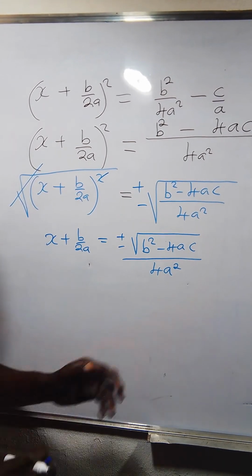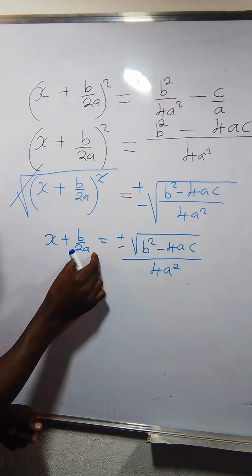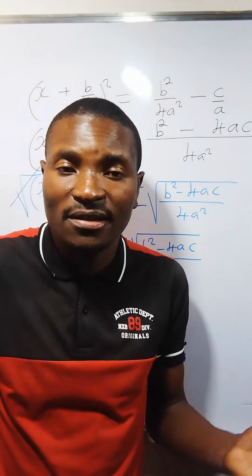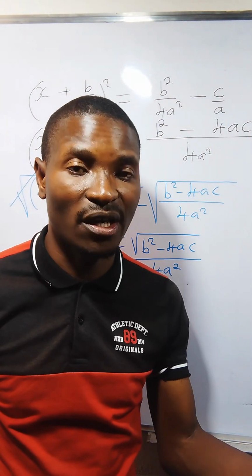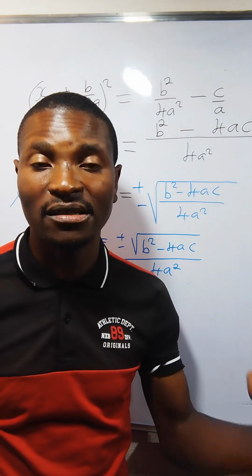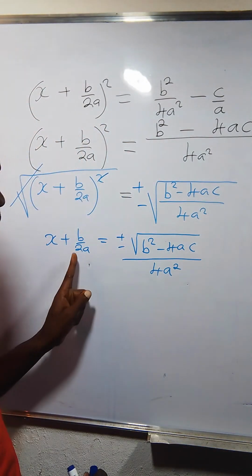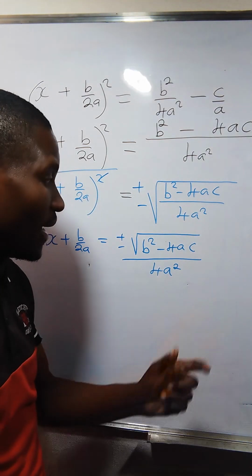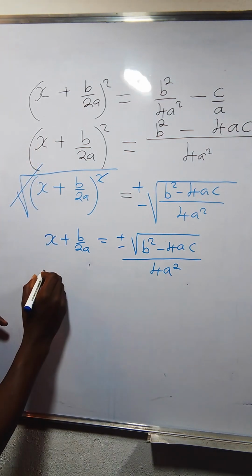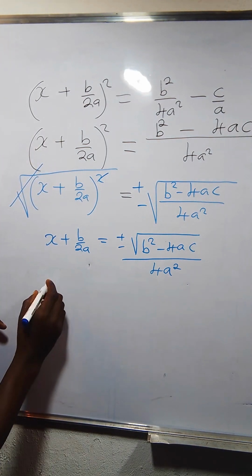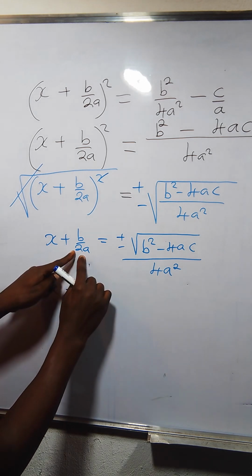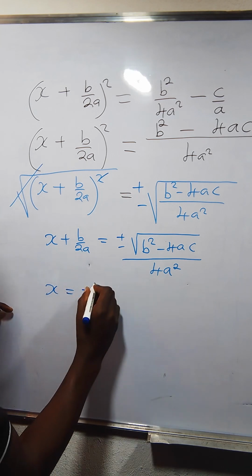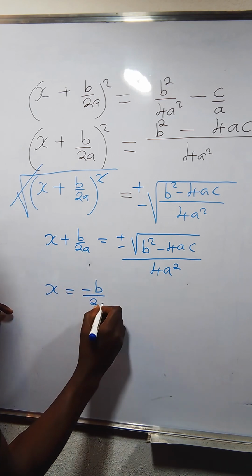So now at this point, I'm going to take this b over 2a to the other side of the equation. We are solving for the value of x by deriving the quadratic formula. So I'm going to take this b over 2a to the other side of the equation, so that I remain with that. So x equals, this is positive, so it's going to become negative, so negative b over 2a,